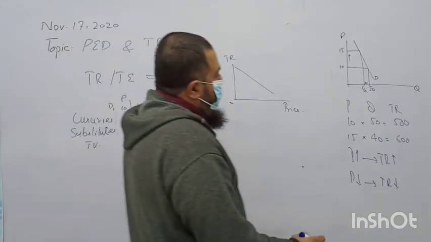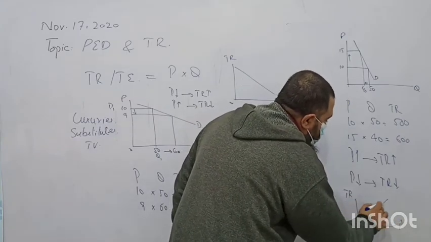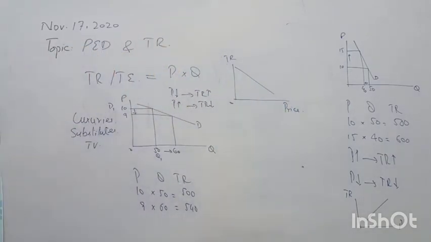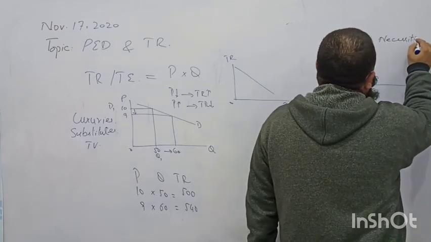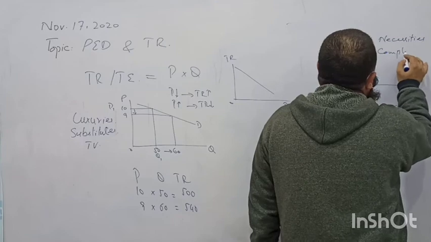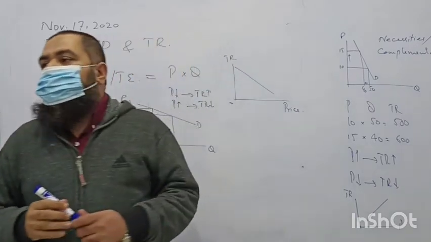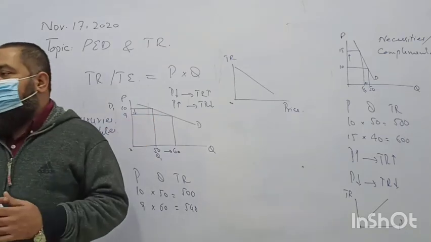Exactly, you are right. So can I say here the revenue and price are positively related? As price is increasing, revenue will also be increasing. These are the essentials, necessities are complementary goods. Necessities are complements. They are used together. Like fuel prices, if we are maintaining a car, whenever fuel prices are increasing, can we decrease its consumption? The revenue of the government or the sellers will be increasing.